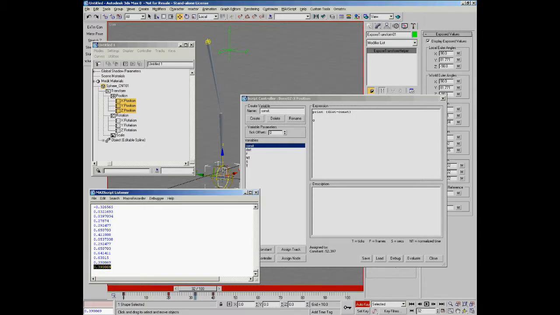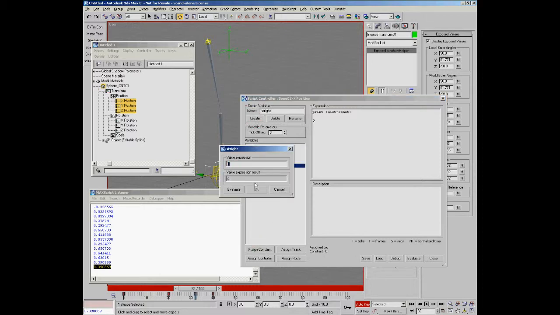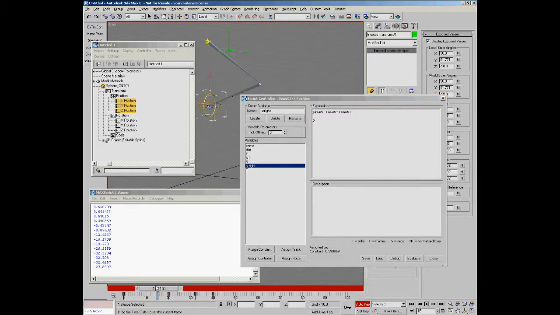It's just slightly over it. So what I'm going to say is call this the straight value. So we're going to say create. And again, we can assign a constant to it. And so we should have all of our math now to be able to work out and get the stretch happening correctly. Now what we need to do is